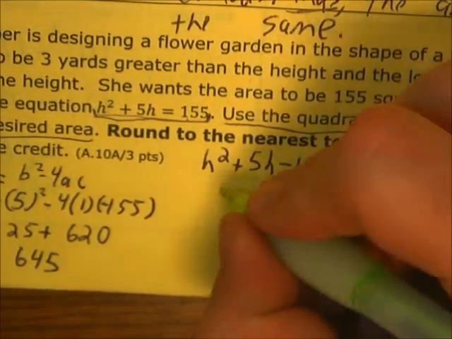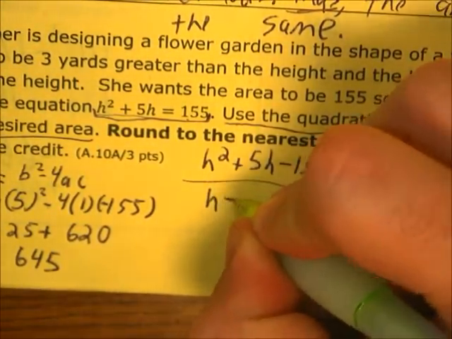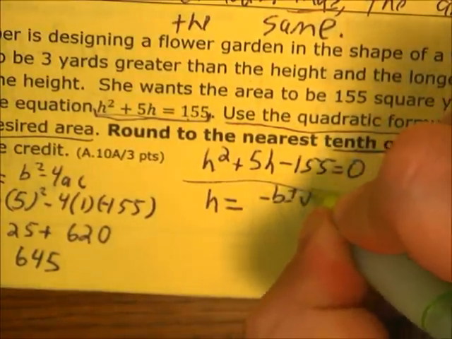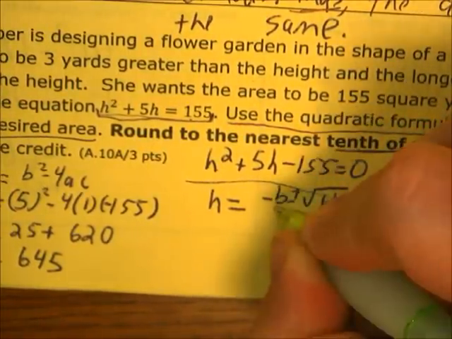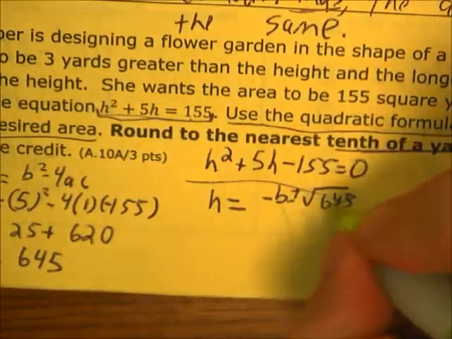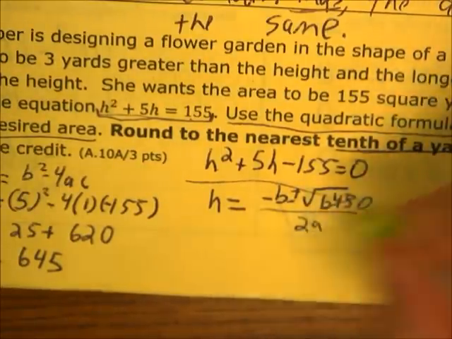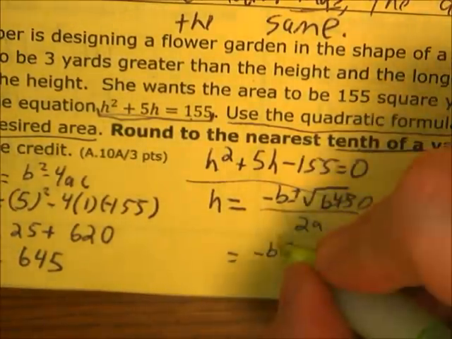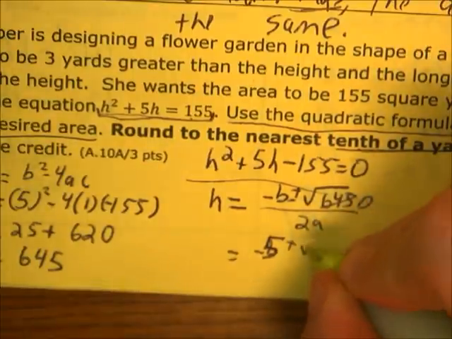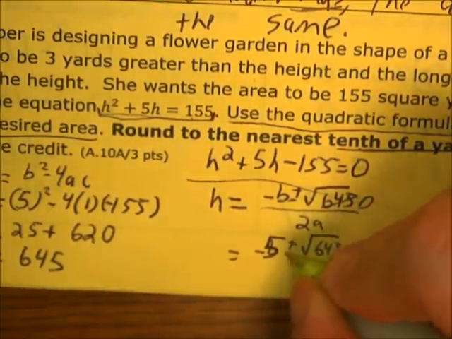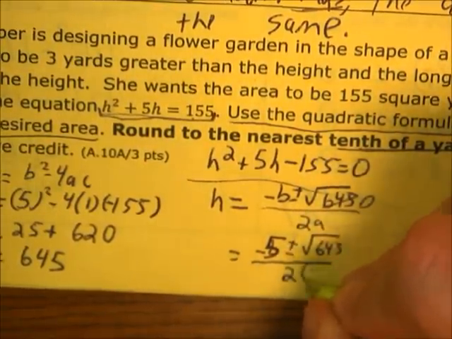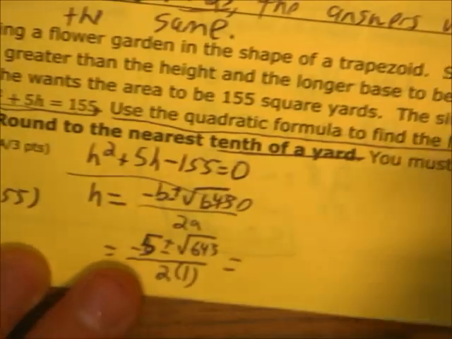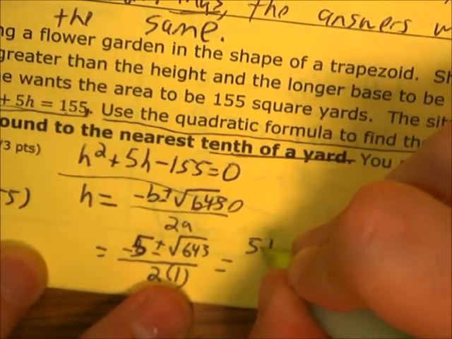Now let's go ahead and plug that into the formula. In this case, it's h equals, because there was an h there instead of an x, negative b plus or minus square root d all over 2a, which is negative 5 plus or minus square root 645 all over 2 times 1. Now, let's go ahead and simplify that. That gives me 5 plus or minus,